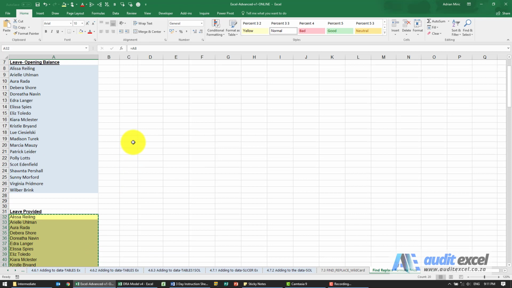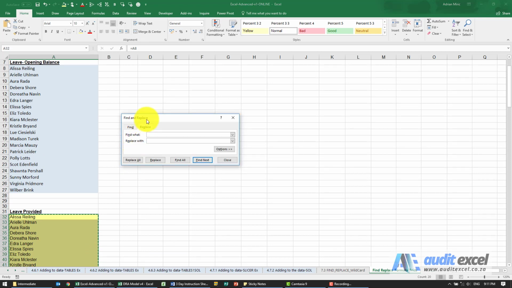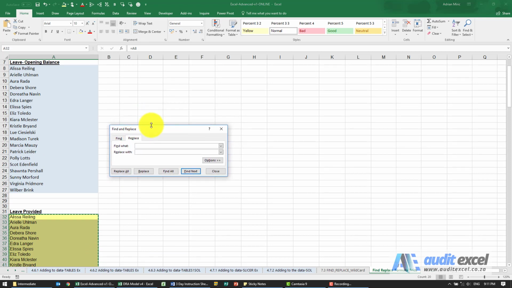I can then do a Control H to do a replacement. In this case, you'll see here this says equals A8, and we know these all say equals A something. I'm going to say find what? Find equals A, and replace it with equals A dollar sign. So when I do that and I say replace all,